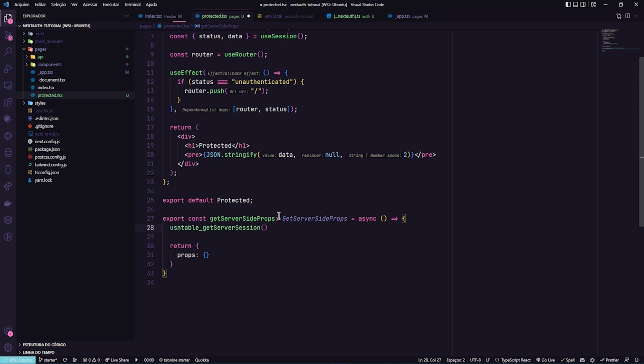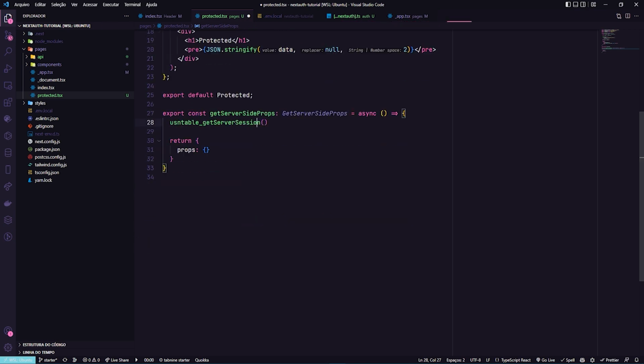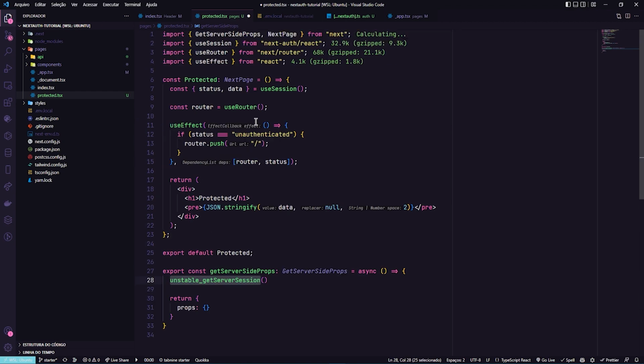This function is unstable, but probably in the future they will remove the unstable prefix. But I think I wrote it wrong. Unstable. Okay,